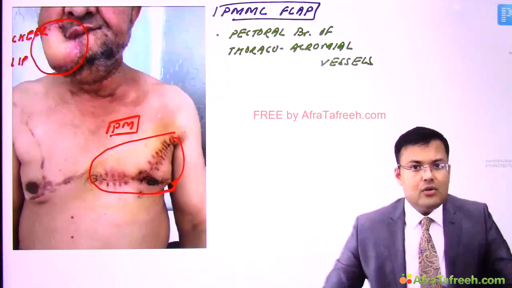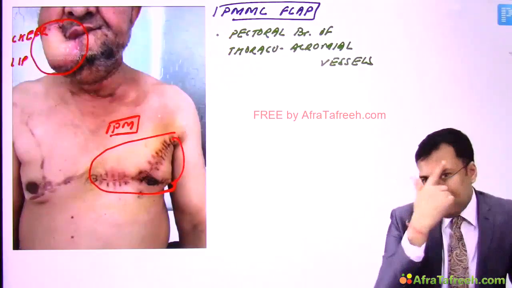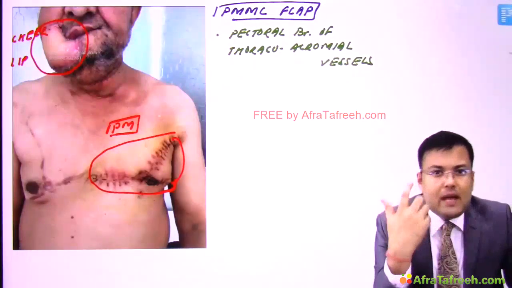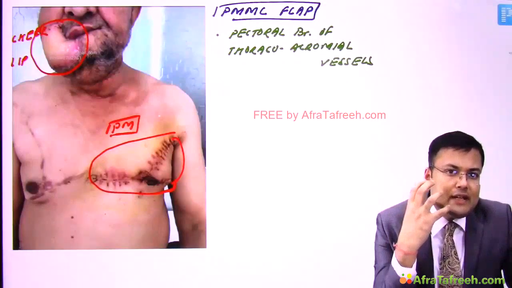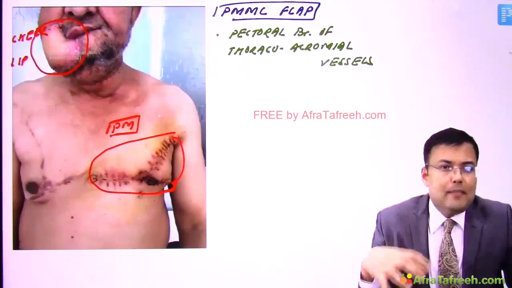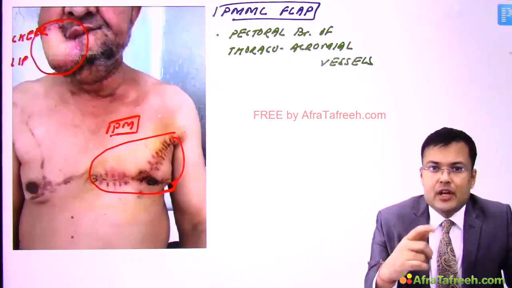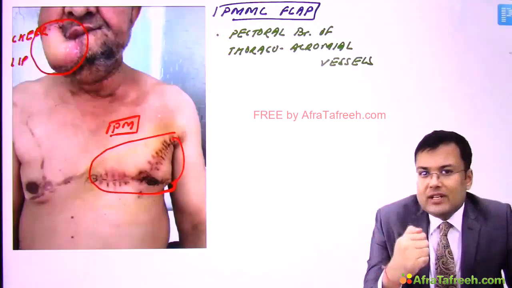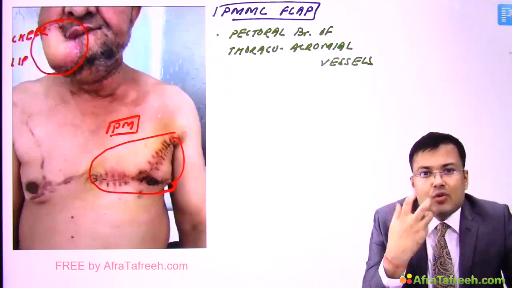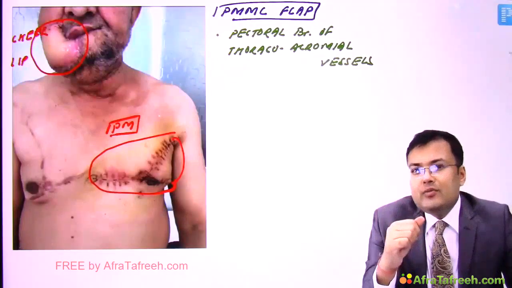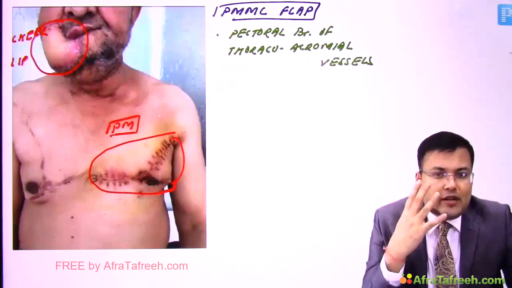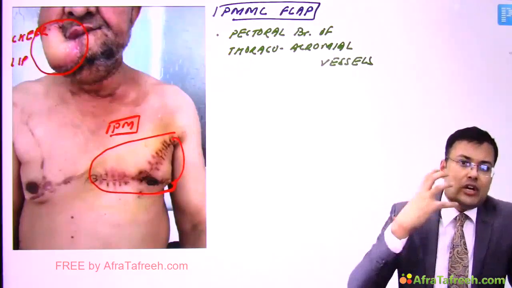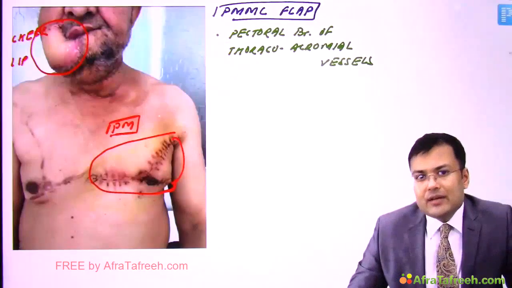Simple. Now this question is asked frequently in exam, that for head and neck defects, what is the most commonly used flap for reconstruction? And it is PMMC flap, pectoralis major myocutaneous flap. You have seen that ad in movie theaters. Before the movie there is one ad that says my name is Mukesh, I'm 23 years old. That patient was also having oral cavity malignancies, and this is very common in UP and Bihar because of gutka or tobacco. So if after excision of malignancy there is some kind of defect in head and neck region, we are going to cover it with pectoralis major myocutaneous flap.